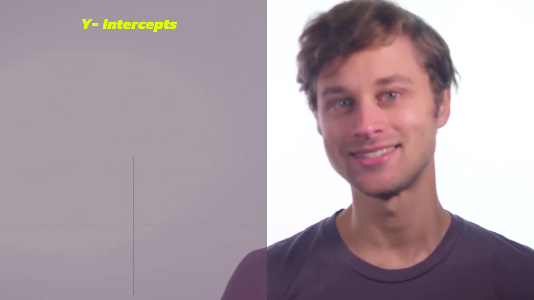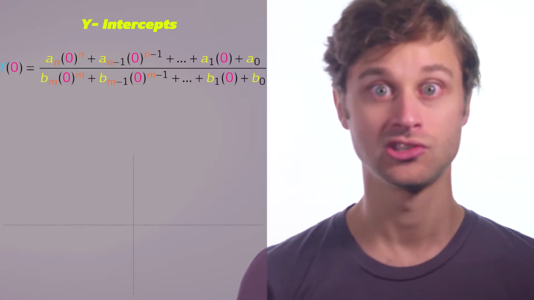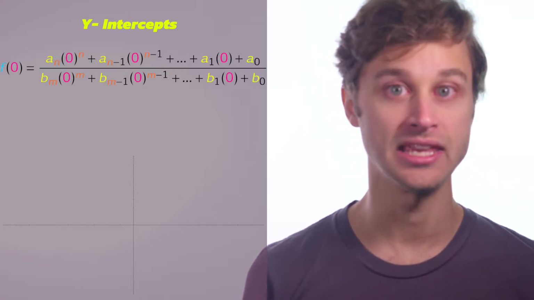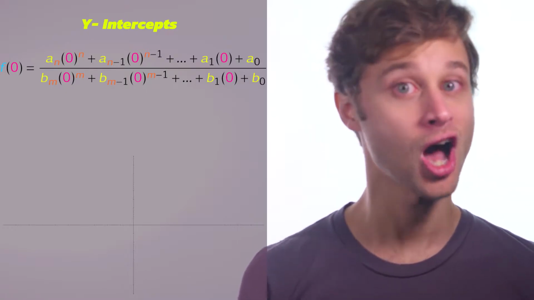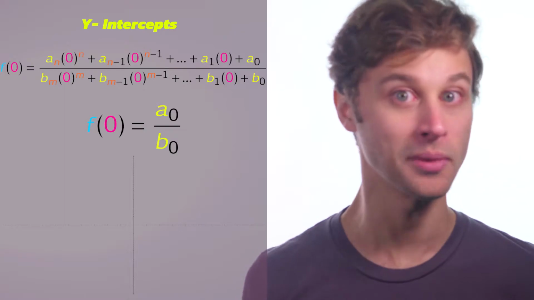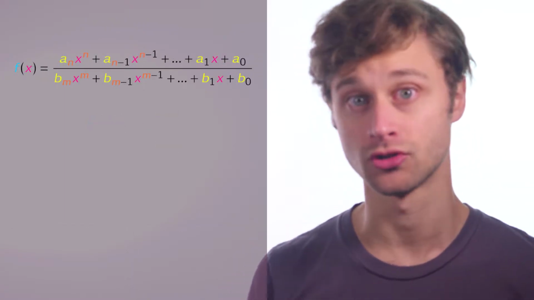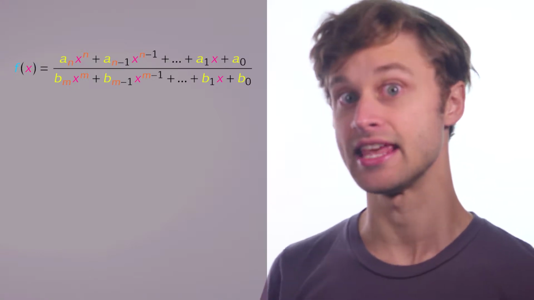Y-intercepts. This one is nice and easy. All we need to do is plug in 0 wherever we see x. So the rational function will be equal to always the constant term in the numerator divided by the constant term in the denominator. Now, before we move on to finding vertical asymptotes and holes, as well as finding the x-intercepts,